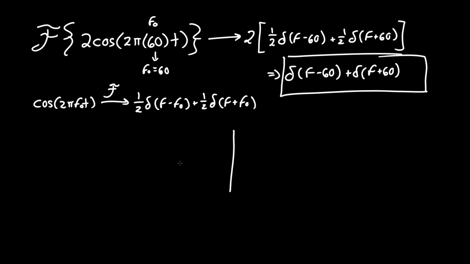Basically, what this means is that if we plot the frequency domain, where the x-axis represents hertz, and the y-axis is, say, X(f) for the function, on the frequencies negative 60 and positive 60, we'll have 2 impulses, both with the magnitude of 1. This is pretty important to understand mathematically in communication systems, where you'll be working with manipulating all sorts of periodic functions and